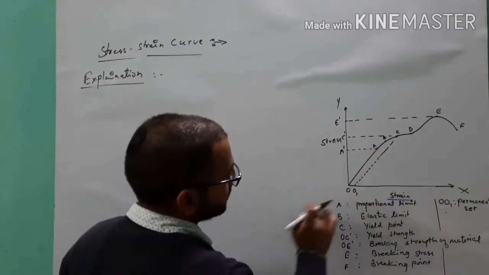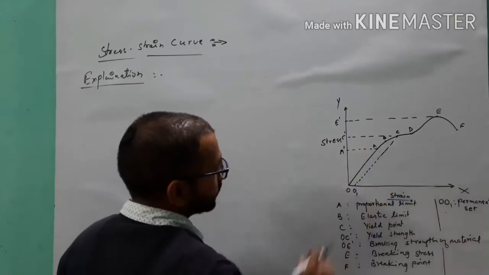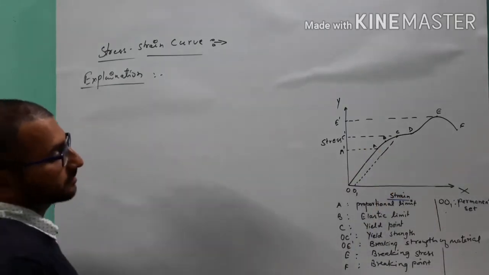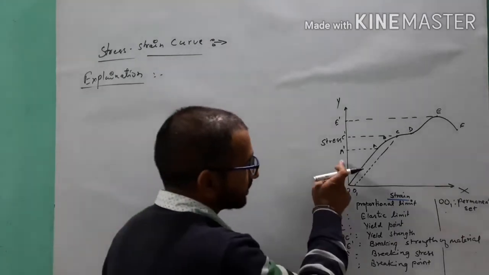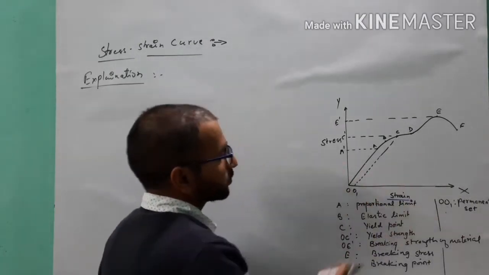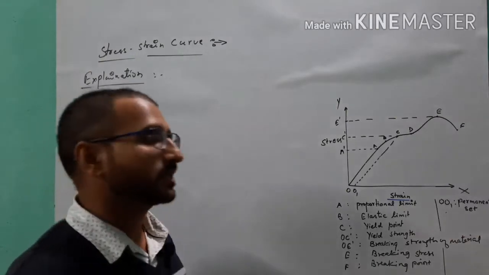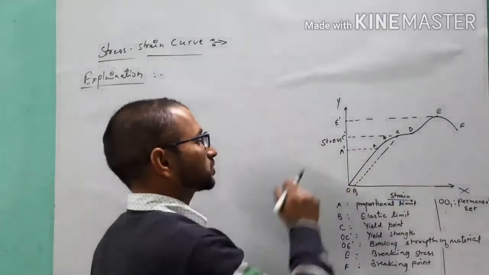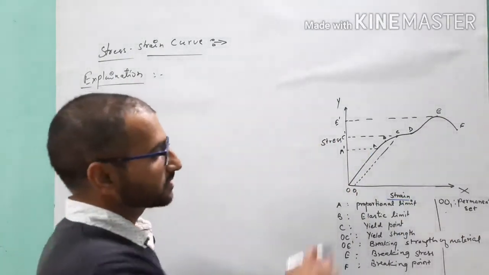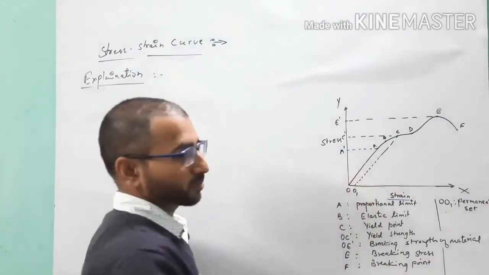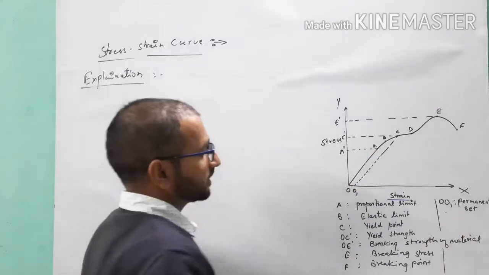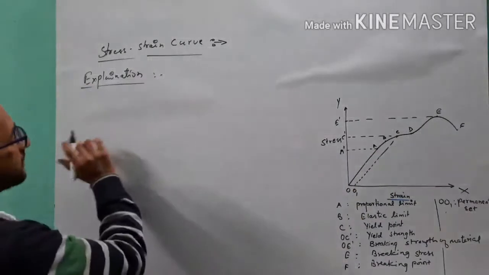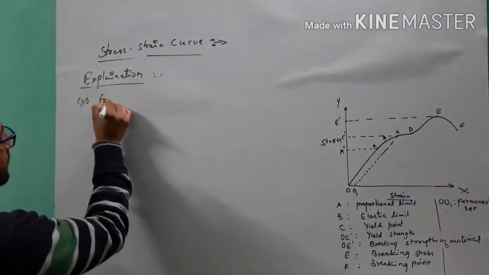Under this stress strain curve, the graph O to A represents a straight line. This straight line represents that stress is directly proportional to strain, or initially you can say strain is directly proportional to stress, meaning stress and strain are proportional to each other. So here this graph represents Hooke's law,